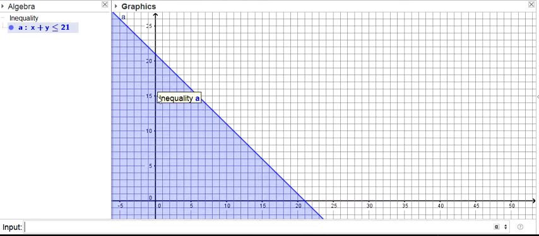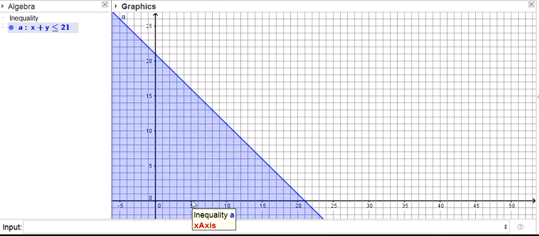Of course, if you think about it, for this particular constraint, it doesn't make sense to think about negative acreage. So I'm limiting it really just to this first quadrant. All the points in here represent a valid number of acres each. So I could plant 5 acres